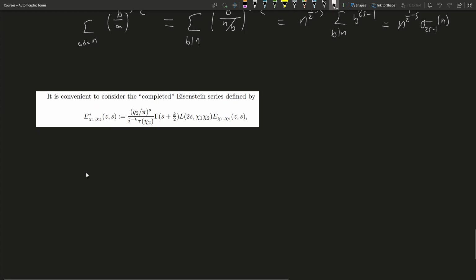So what's this going to be in our case? Well, just writing out what we get. Right, we have no Q2, we have no i to the k, and we have no Gauss sum. So we just end up getting